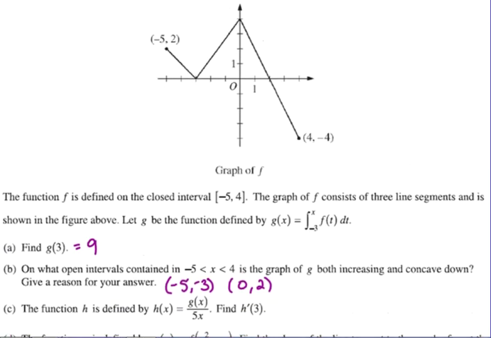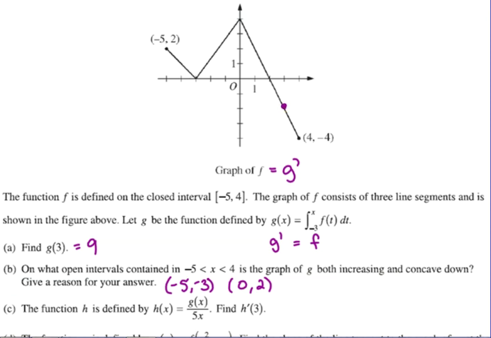We are looking at the graph of f. Let's remind ourselves, this was similar to the problem that we had yesterday. G is equal to the integral of f. So if we take the derivative of both sides of that expression, that means that g prime is equal to f. F is equal to g prime. So if we want g prime of 3, technically we're looking at f. So we just need to find 3